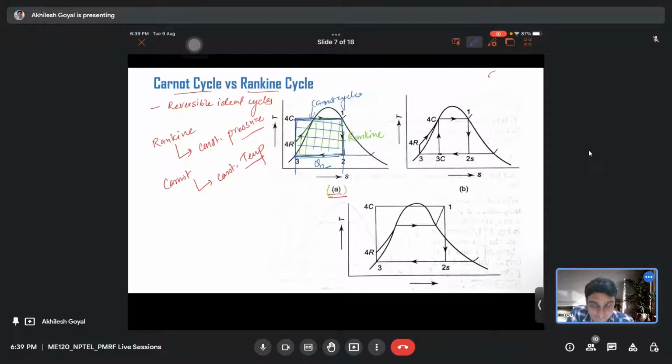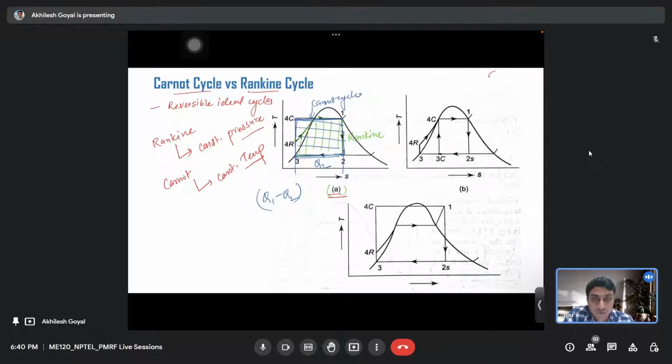What that means is the net work output, that is the difference Q1 minus Q2, will be larger for the Carnot cycle compared to the Rankine cycle. Did you get me? To reiterate, for the same heat rejection Q2,